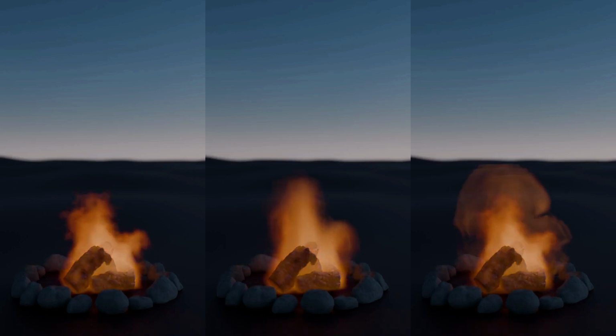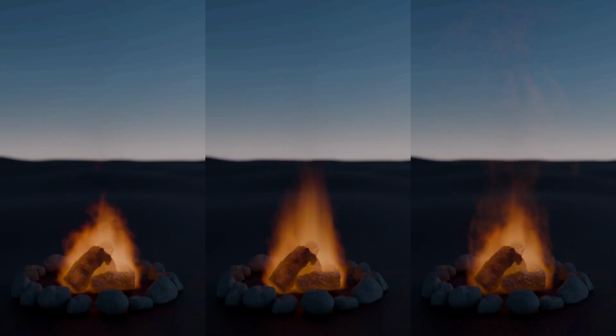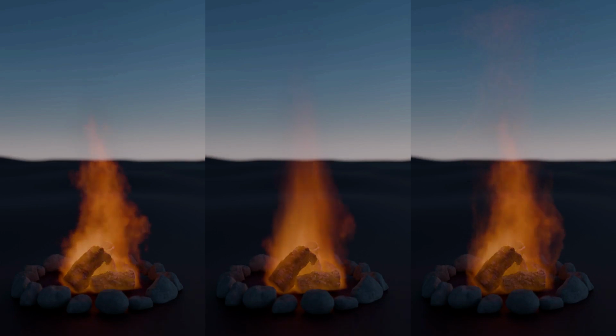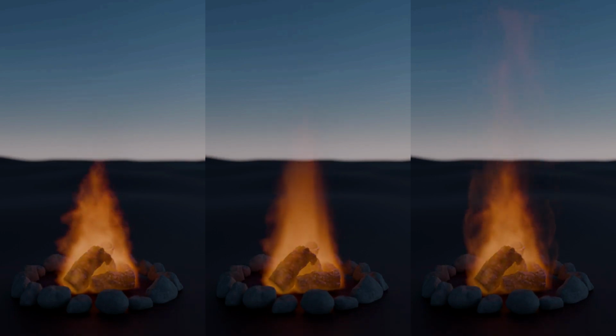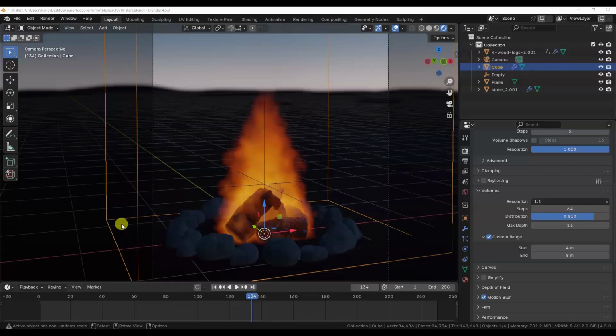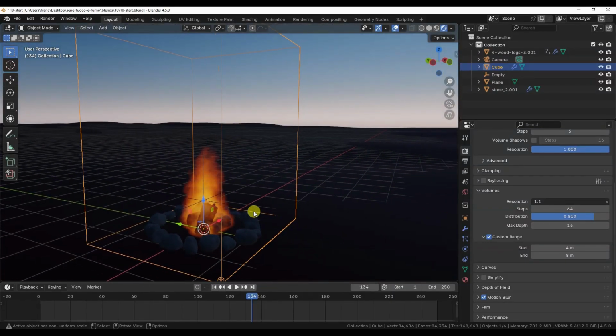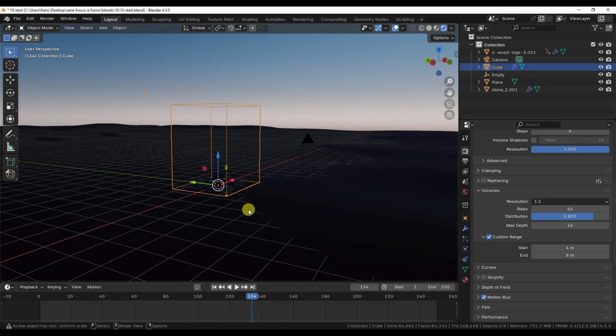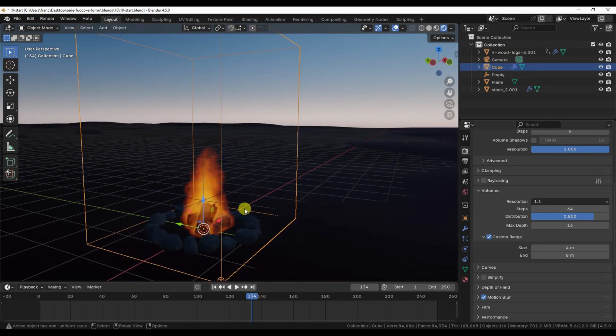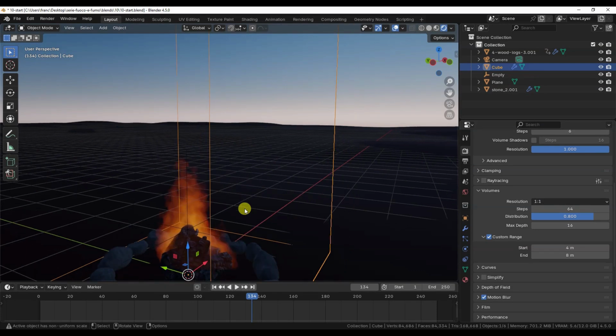Hello, everyone. In this 10th and final episode of the series on fire and smoke with a fluid simulator in Blender 4.5, we won't go through full tutorials but rather share tips and suggestions on how to modify the appearance of fire both during rendering and afterward, using motion blur, color management, and node compositing in post-production. We'll also discuss the settings for rendering fire and smoke in Eevee.